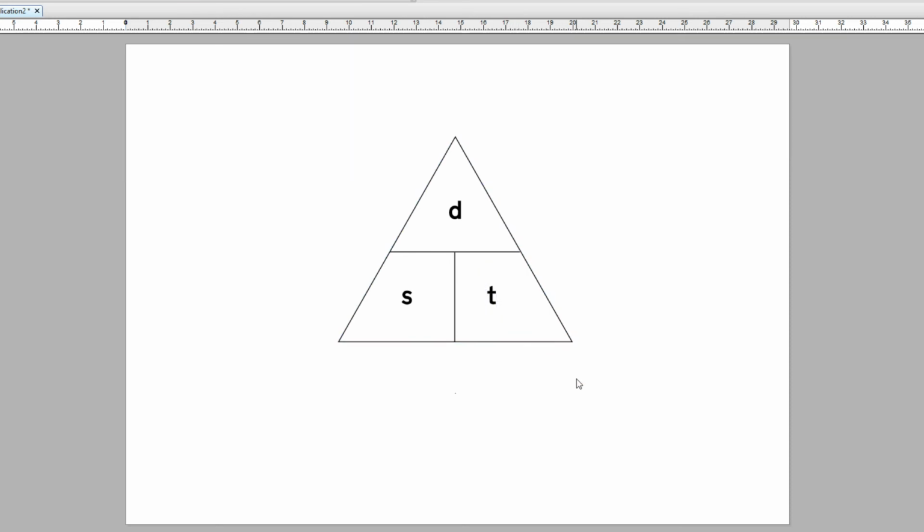What this basically means is it tells you how to find the answer to an equation. Let's say I'm trying to find distance. I'd cover it up and I would see that speed and time are at the bottom. So to find a distance, you times the speed by the time. The most important thing here is to make sure that the speed and the time are in the same units. So if the time's in, let's say, 5 seconds, but the speed's 10 kilometers an hour, you have to change the time into hours or the speed into kilometers per second before doing it,